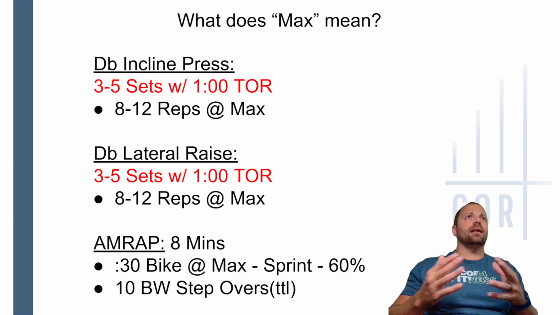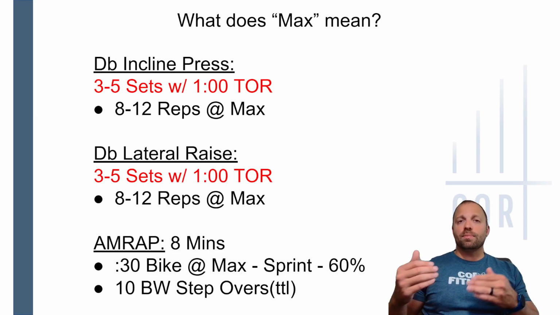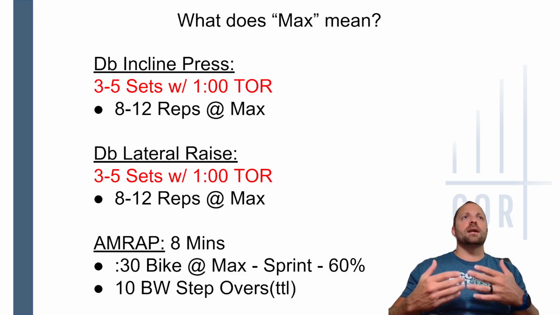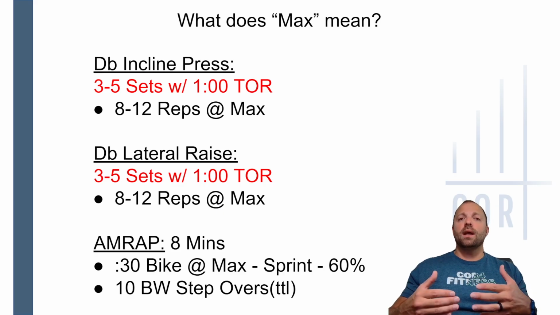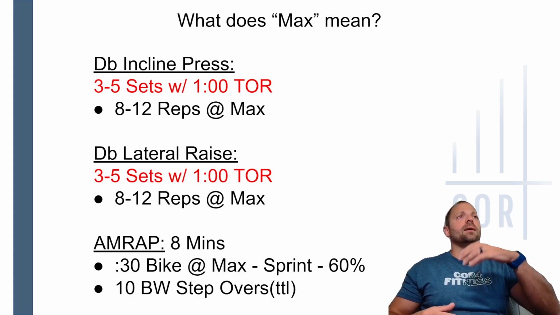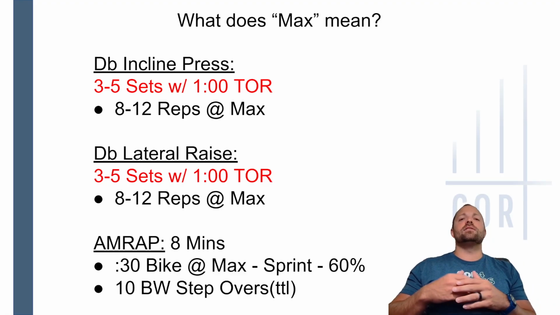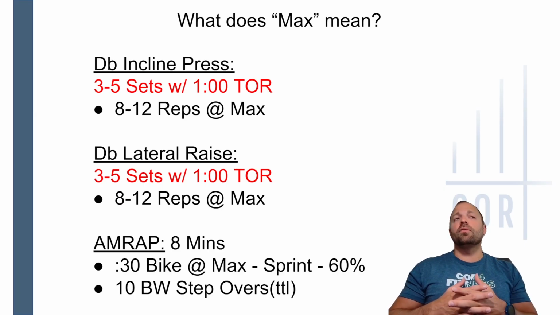So incline press is a good example because, again, like I said, it is often associated with a percentage, but there are times where it just makes more sense to put max. So if you see max, that means you are going to use as much weight as you think that you, on an individual level, can handle given the circumstances. So given the circumstances being your time of recovery, how many reps you have to do, based off of what you've done in the past, you're making an informed decision based off of all of that.